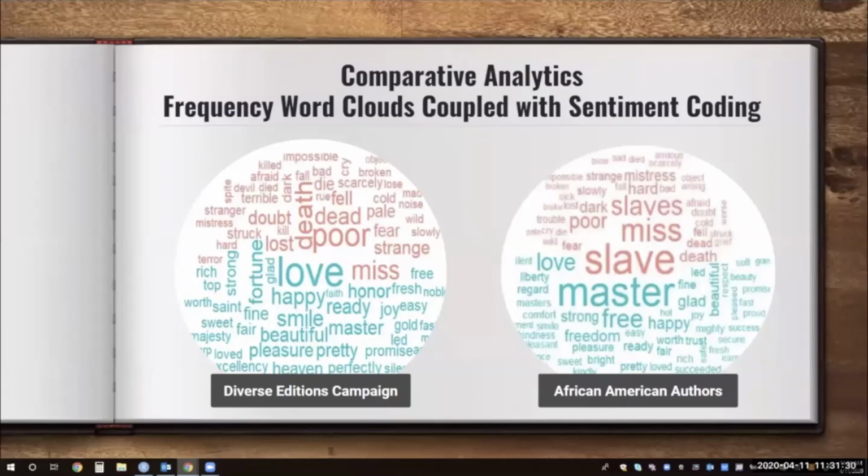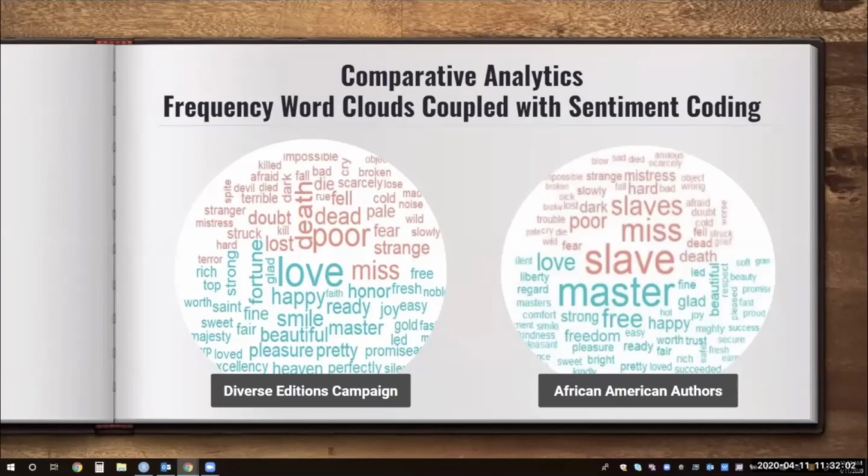Yet in the texts written by African American authors, there are more words to indicate ideas of gaining intangible sociocultural securities, such as freedom, respect, trust, comfort, and safety. Some commonalities we notice in the negative cluster include words like poor, miss, death, fear, and doubt. The first obvious difference, and one that is culturally relevant to our topic, is the frequent use of the word or a variation of the word slave in the texts by African American authors.